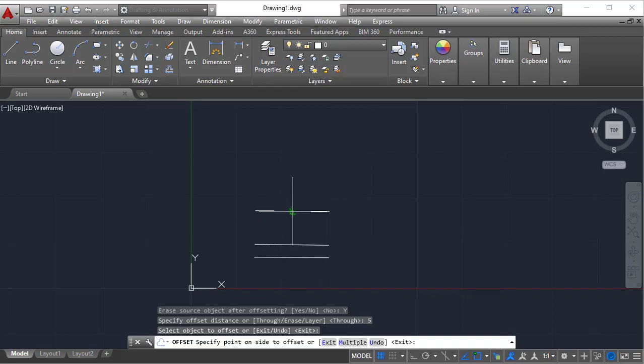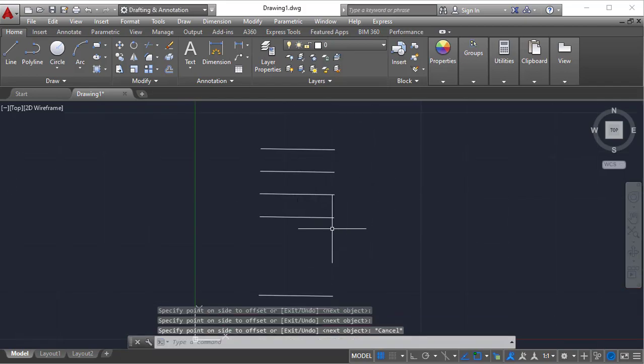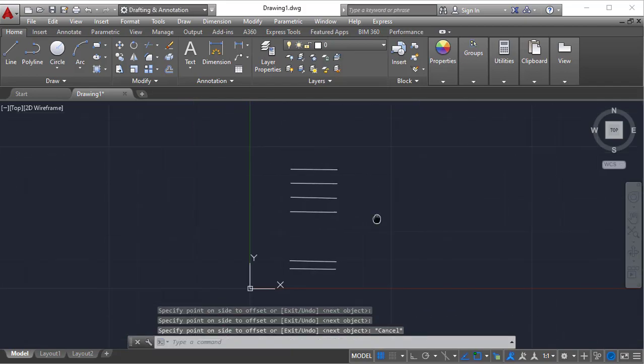You can clearly observe it is about to be deleted, right? If I click in this direction, the source object is deleted and the offset object is created. Similarly, it also acts like a move with stepped moves. If you click on Multiple, 1, 2, 3, the source object will be deleted and offset objects will be created.